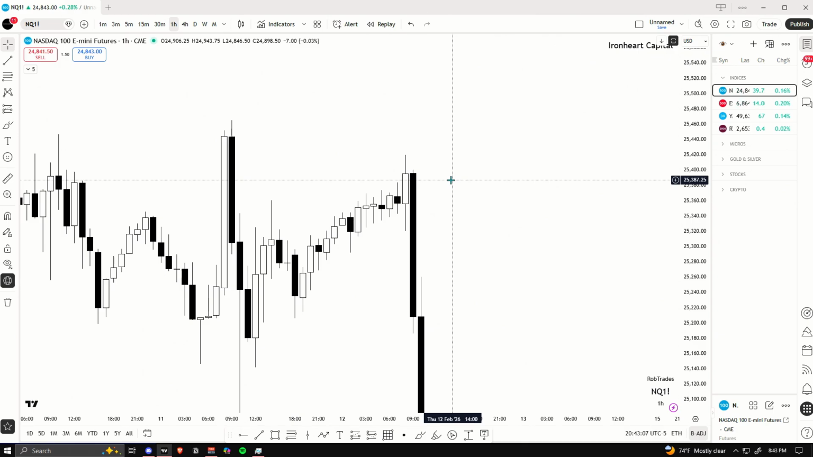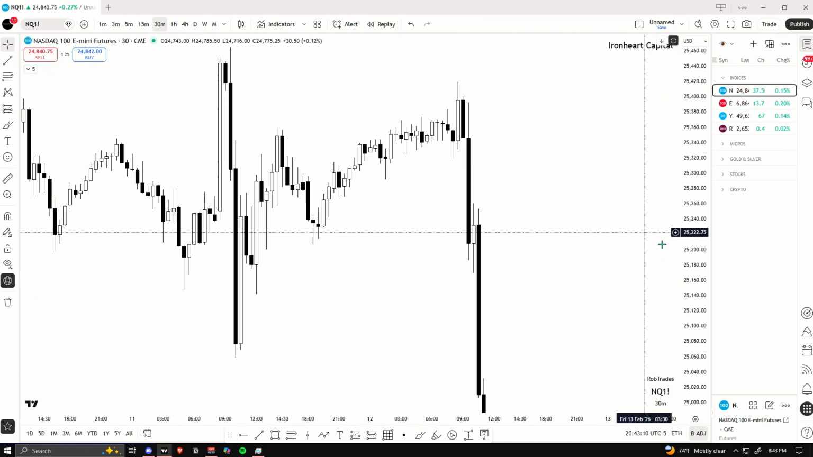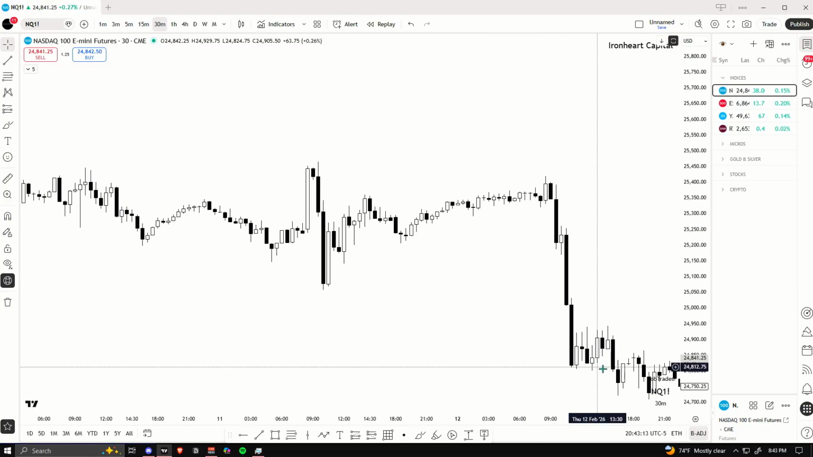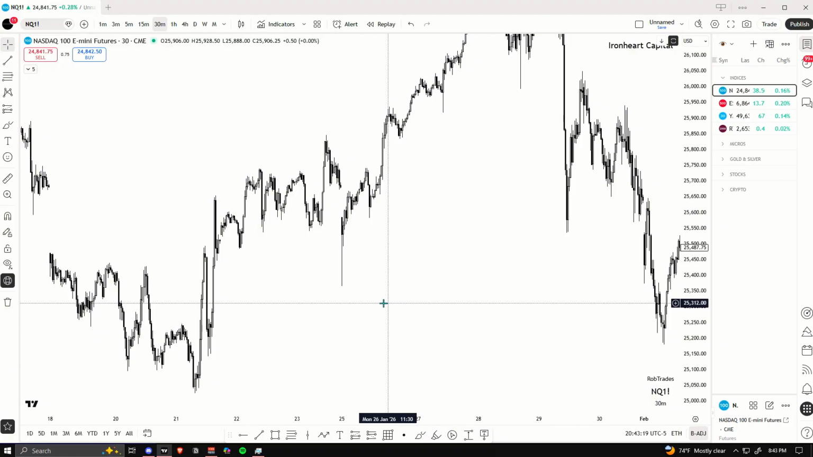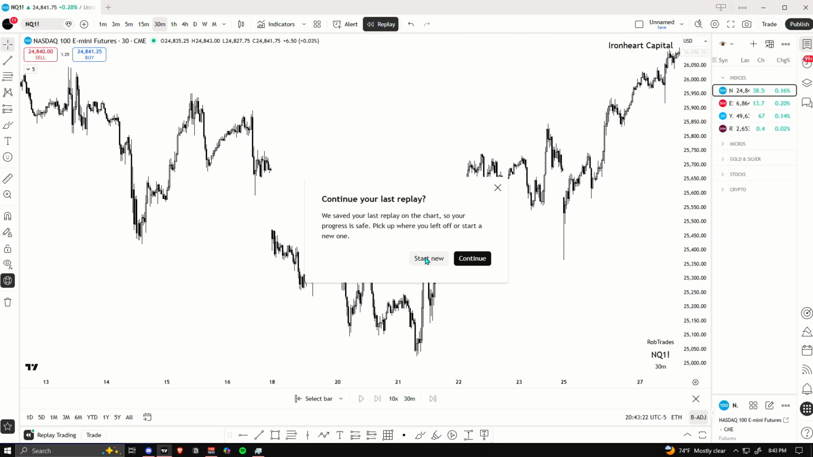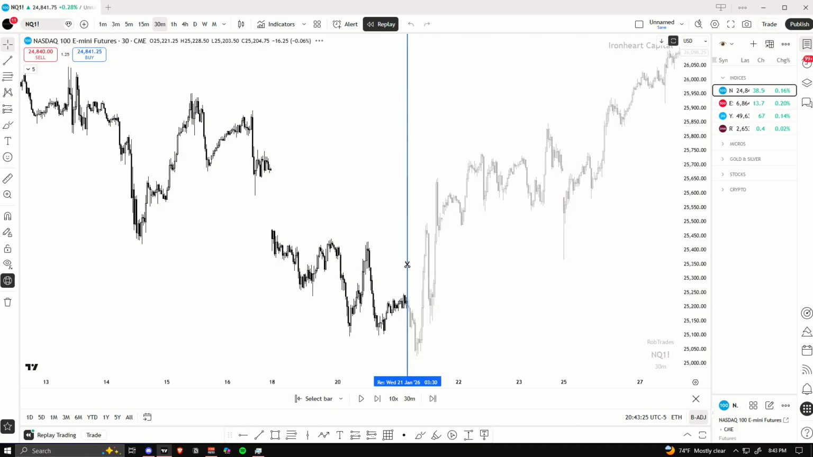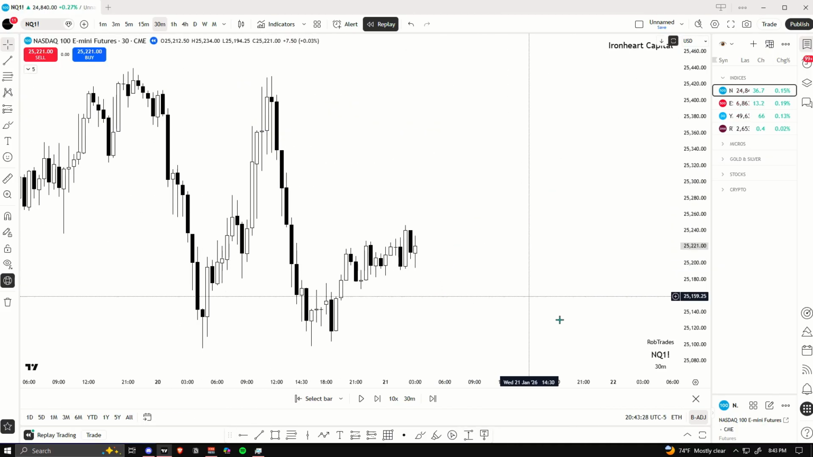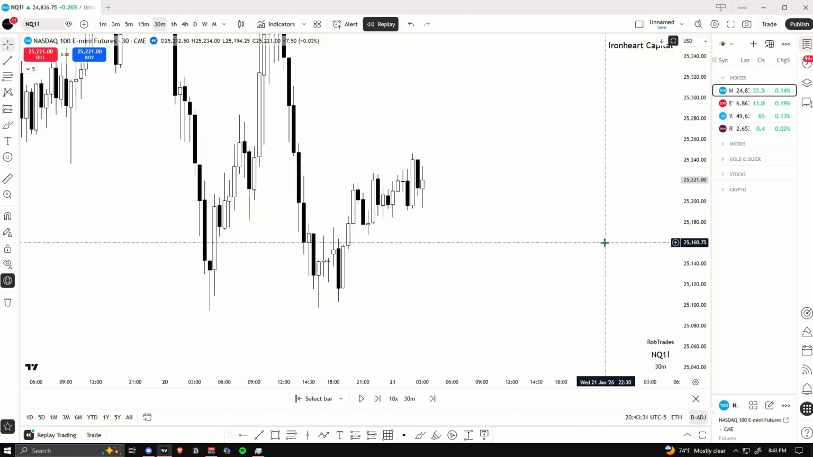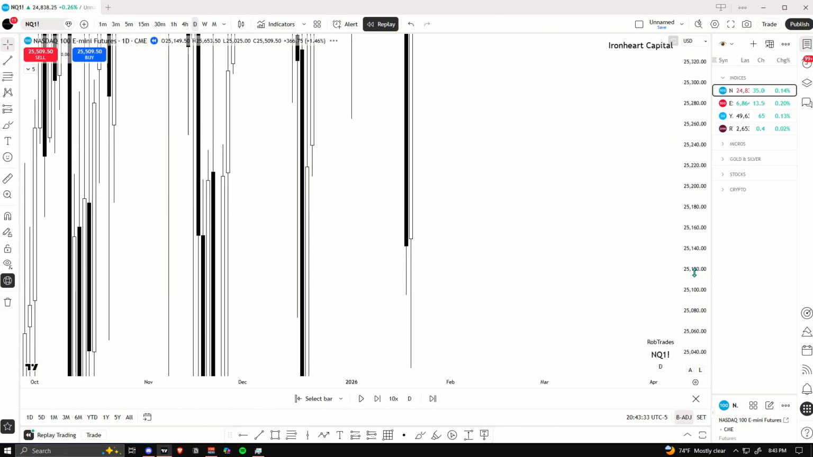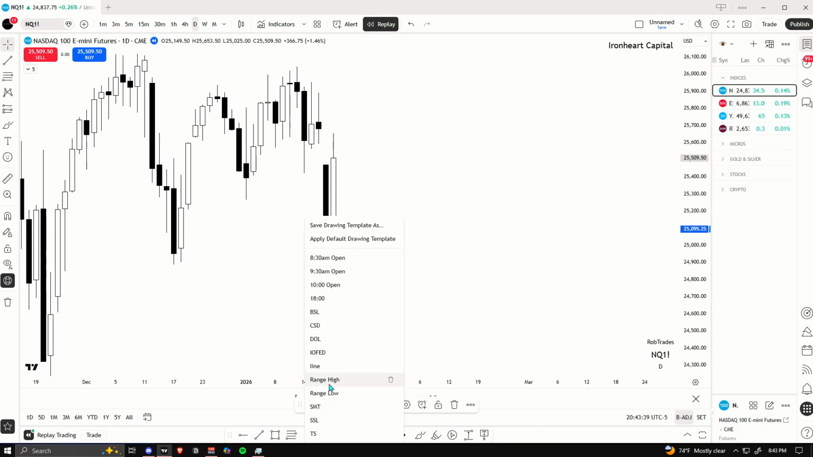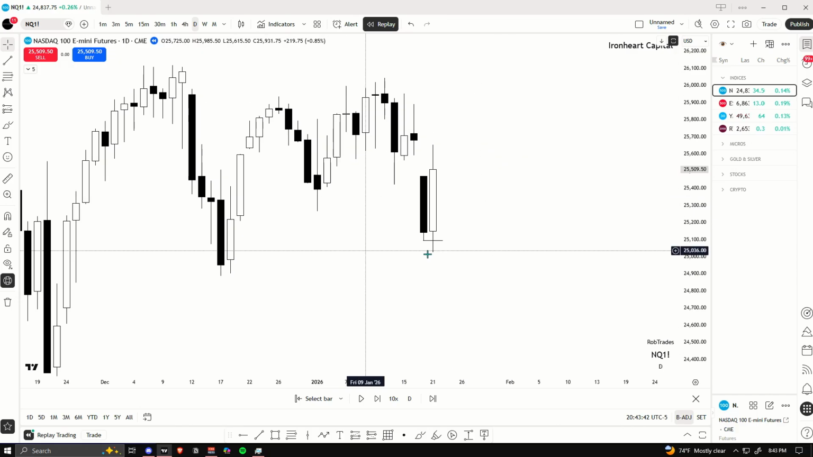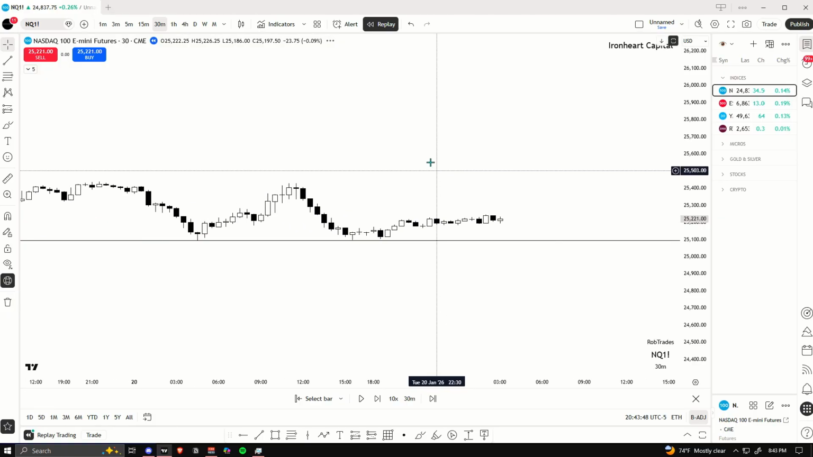30-minute example, January 21st, 2026. Okay, so if we go out to the daily chart, you can see price is sweeping out previous daily low. This is why that higher time frame context is important. If we go to the 30-minute